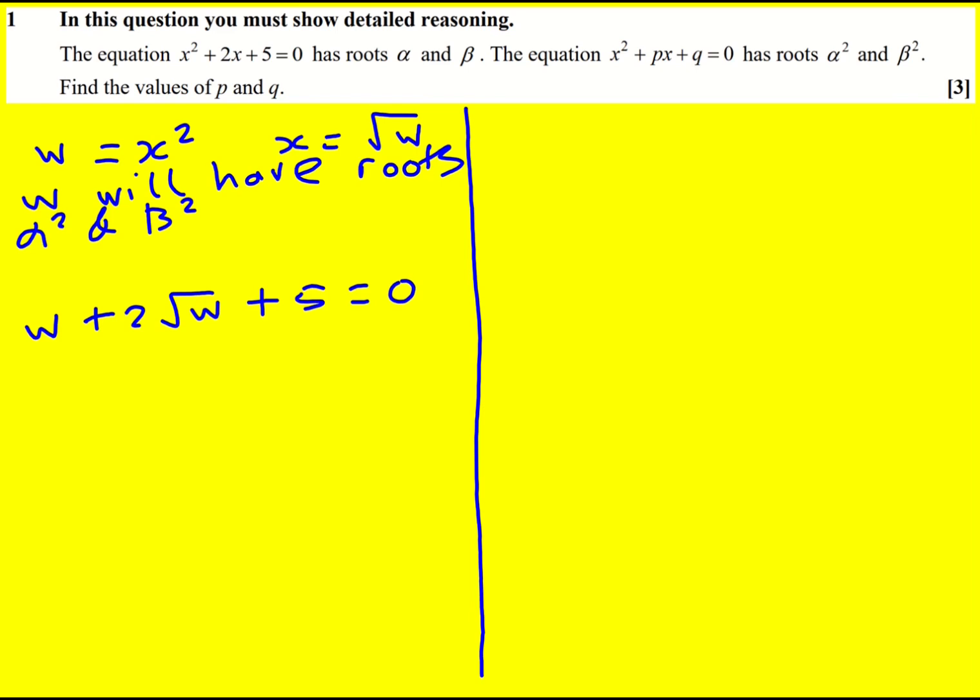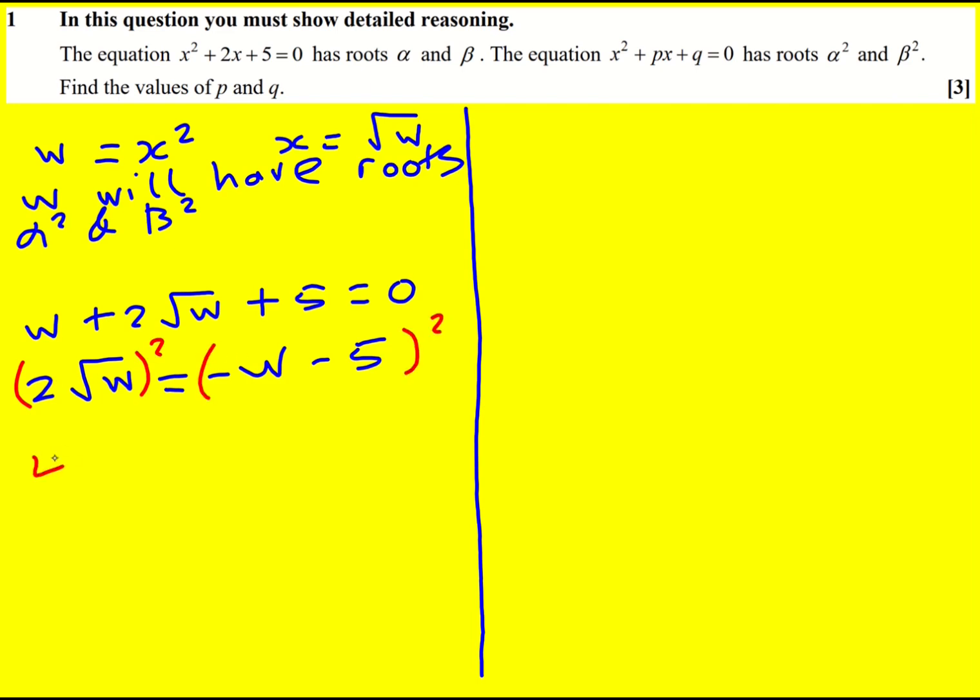Okay, now I just need to turn this into a quadratic. It's kind of a hidden quadratic at the moment. And the process is to get the square root on one side by itself, because I can't square it at the moment. If I do, I'll get some cross terms and end up with another square root. If I have the square root and anything else on one side and square it, I'll still end up with a square root. But if I do it like this, then when I square both sides,